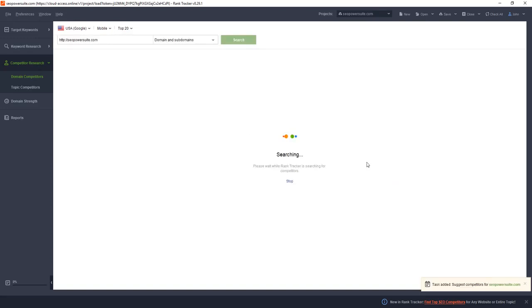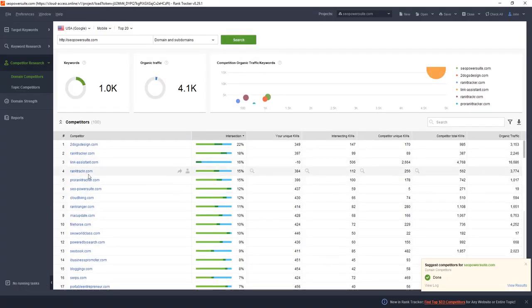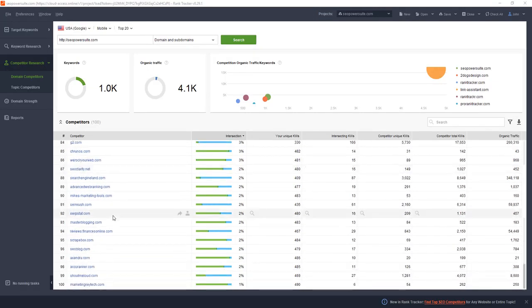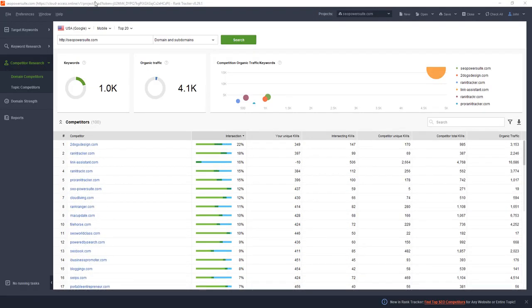So just enter your domain, click search, and now we'll find the list of competitors that are trying to promote their websites in the same niche as your project domain. So here they are. This section includes the list of competitors' domains, so the domains that are ranking for the same keywords as your project domain. And for every competitor here, you are able to see different stats, including the number of keywords that this domain is ranking for in Google,